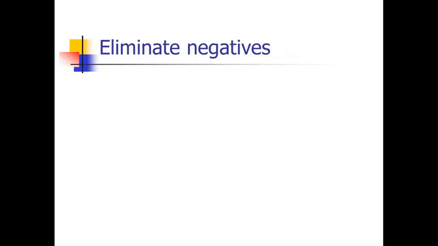So, eliminating negatives. This is a great little tip that you may not have ever thought of, but things like, she was not often right. There's a way to turn that into a positive, right? You can say she was usually wrong. So whenever you encounter a not in your writing, see if you can turn it into a positive. You can almost always do it, and it's usually much clearer when you use the positive